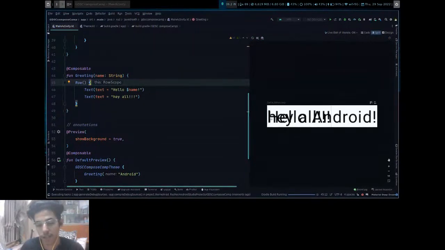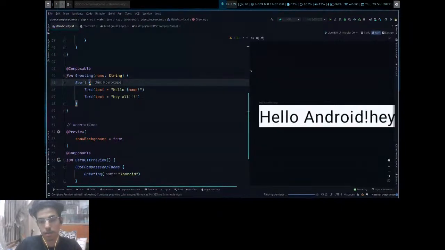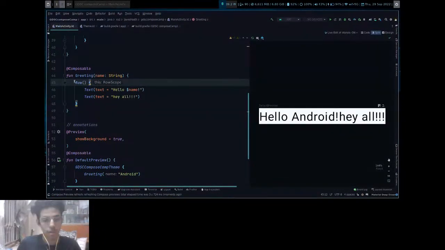If we now rebuild it, yeah. As you can see, since we use Row, the text composables will be placed next to each other.